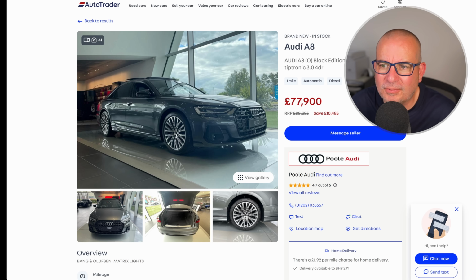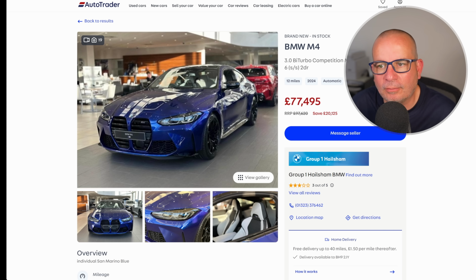Next, we've got the Audi A8. You'll see we're getting into real premium stuff now, and there are some big discounts to come. Really big discounts. Audi A8 Black Edition TDI Quattro 286 PS, Tiptronic automatic, 1 mile on the clock, 78 grand instead of 88 grand, saving of £10,485. Now look at this, the BMW M4 Competition M Steptronic X-Drive, 12 miles on the clock, 2024 model, 20